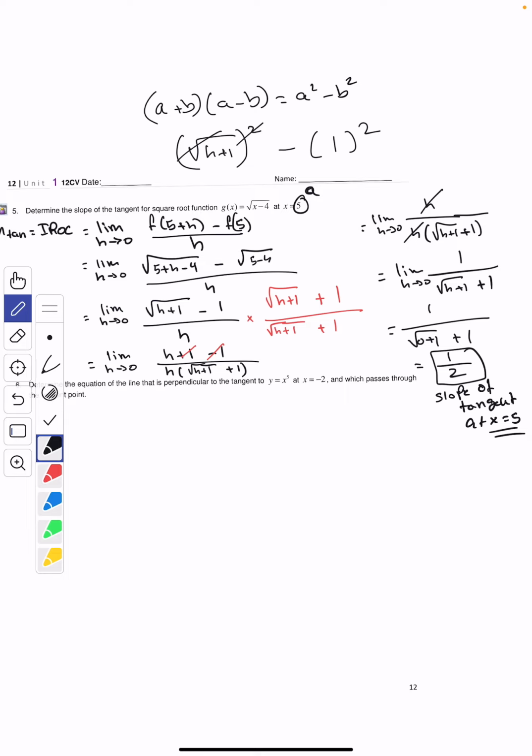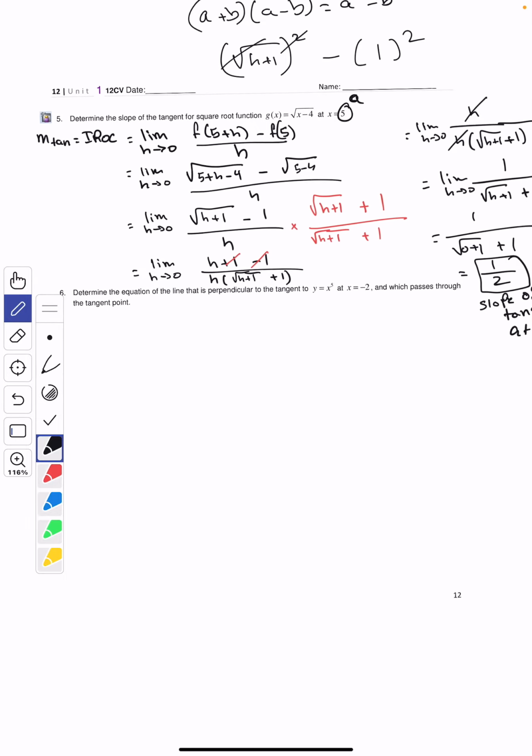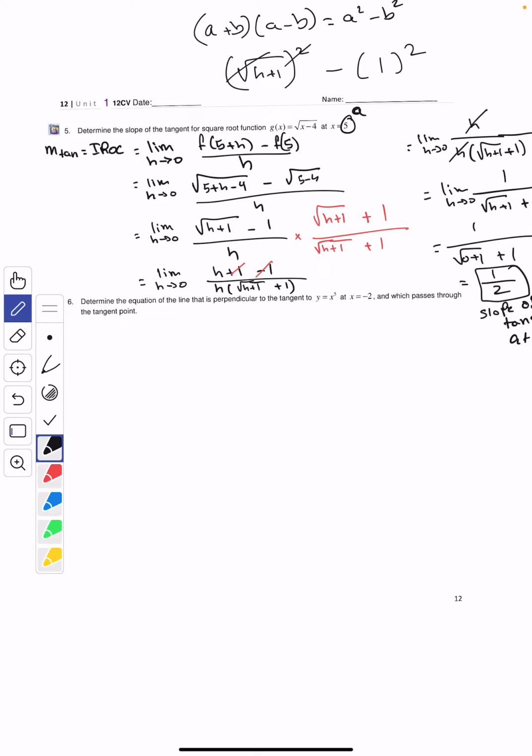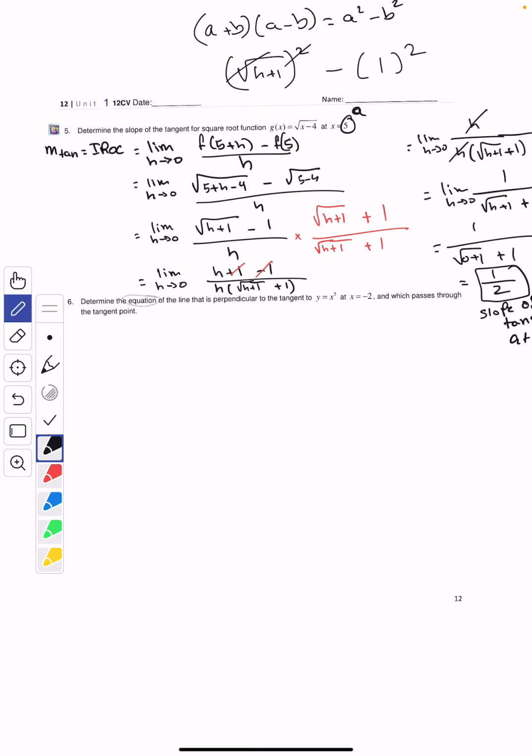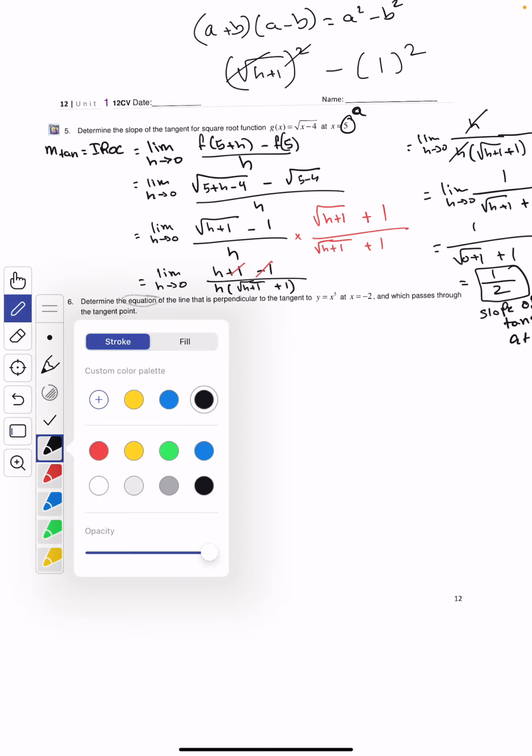Now, let's look at the next question. Now, this question is a little bit more asking you for more stuff, okay? So this one is asking you to determine the equation of the line, okay? So remember, it's the equation now. It's not only the slope, it's looking for the equation, okay? So it's looking for the equation of the line